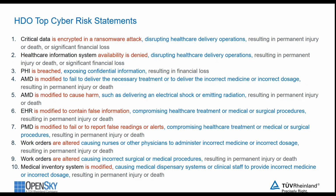And then at the same time, 4 and 5, we've got an active medical device is modified to fail to deliver the necessary treatment or deliver the incorrect medicine or incorrect dosage. And then a separate one for an AMD is modified to cause harm, such as delivering electrical shock or emitting radiation. Those could certainly be combined. Number 4 could even be broken out into 2 separate ones. And that's okay. It doesn't have to be